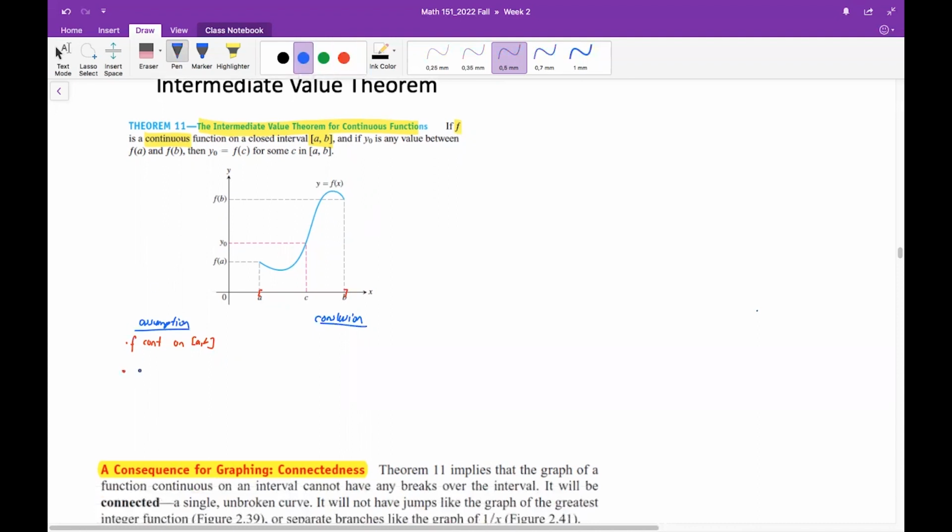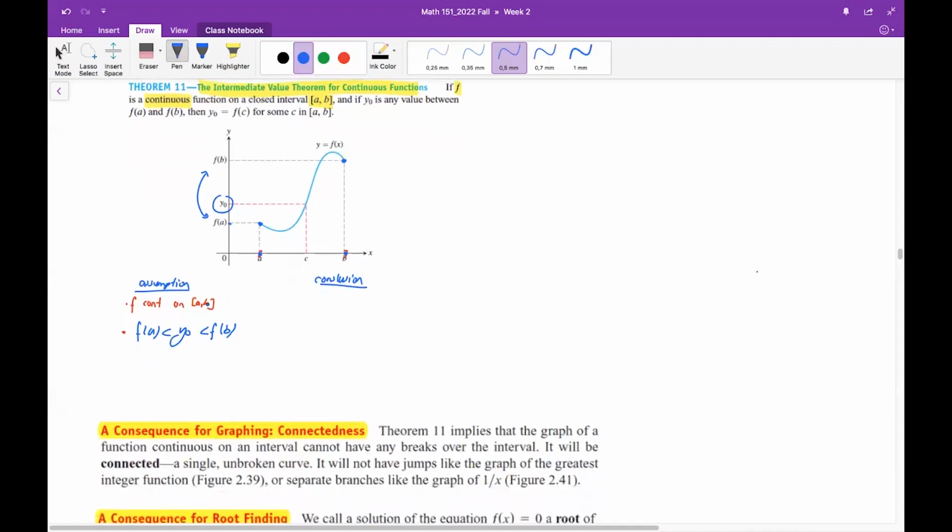We have f of a here. This is point a and its image is here. Our point b is here. You see, its image is f of b. And we choose a number y0 between f of a and f of b. Okay, y0 is here in the middle. Then